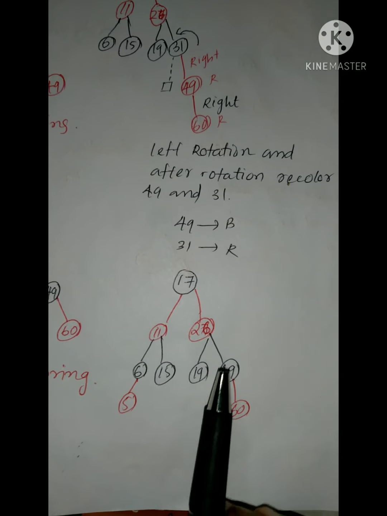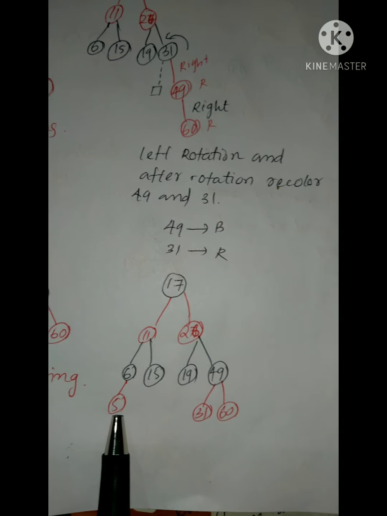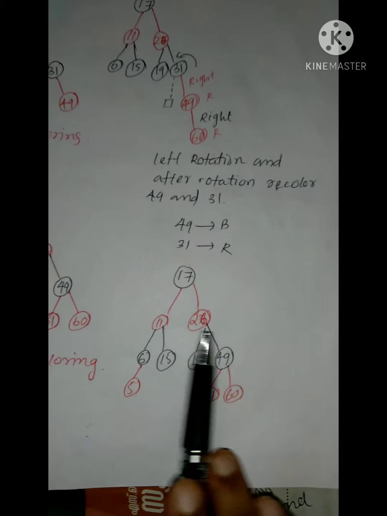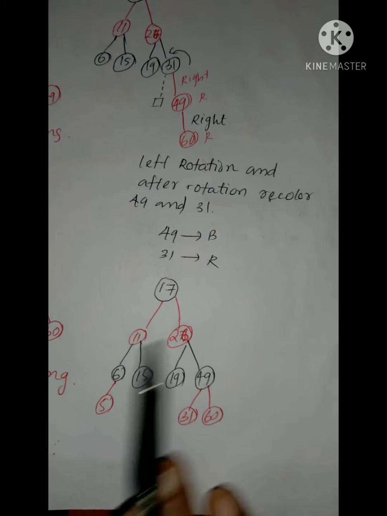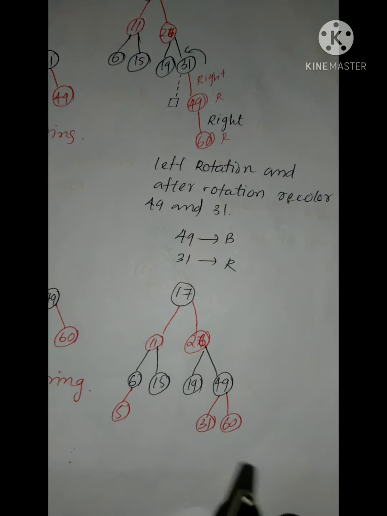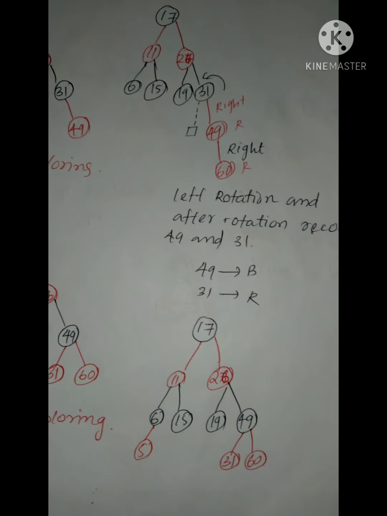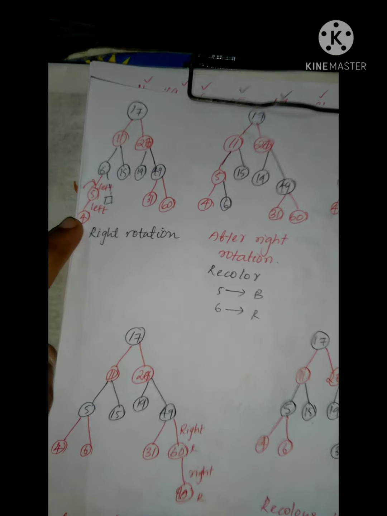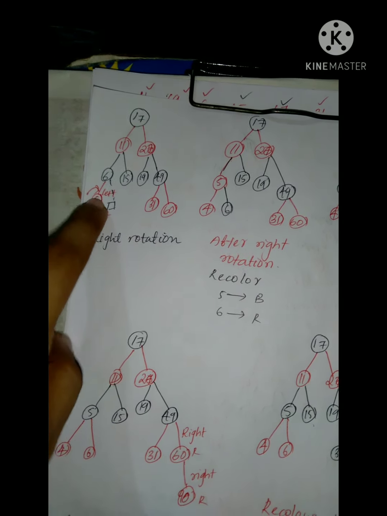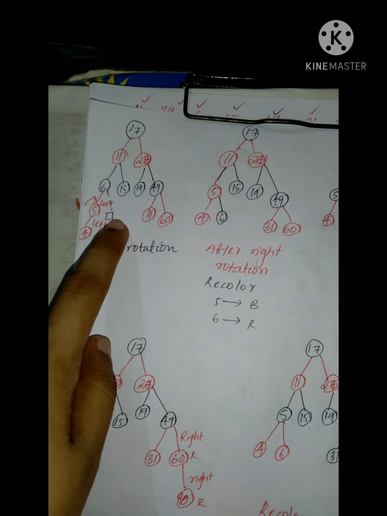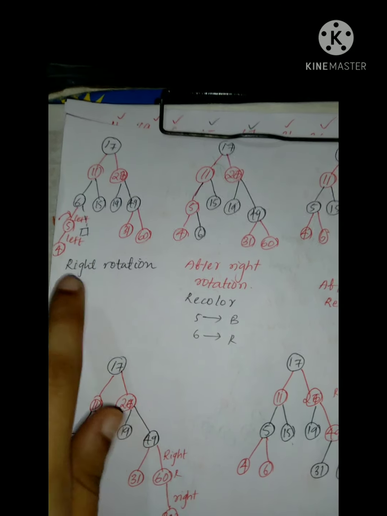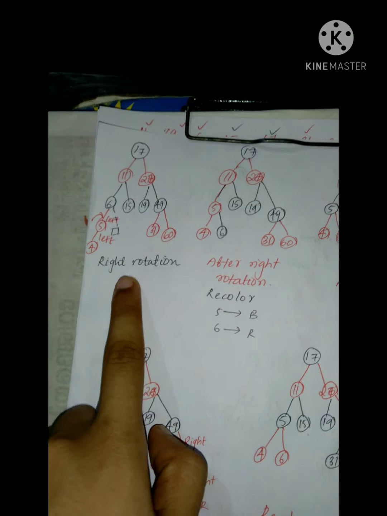Okay, we have inserted 60, then we want to insert what? 5. Next element is 5, so we want to insert 5. 5 will come at the left of the 6 node. Okay, so this will come here. So there is no condition violation, so no changes. This is the tree. Then we want to insert 4. 4 will come at the left of 5, and here consider the parent's sibling. Parent's sibling is null. So we want to take rotation. Here it will be a right rotation.